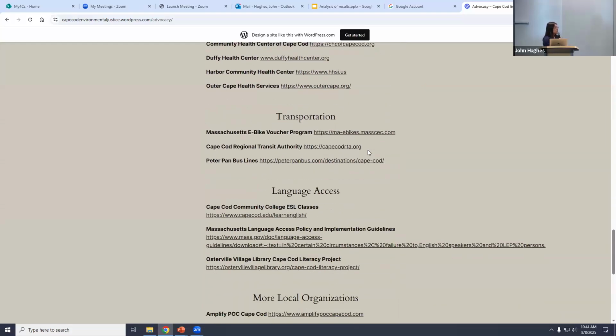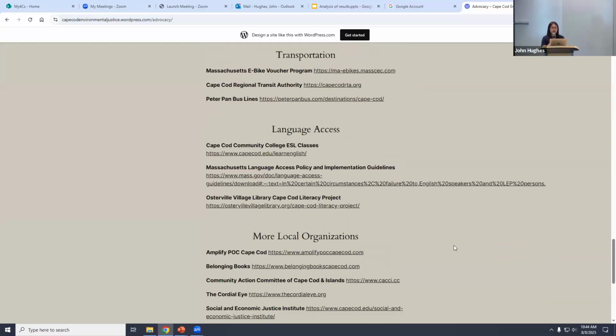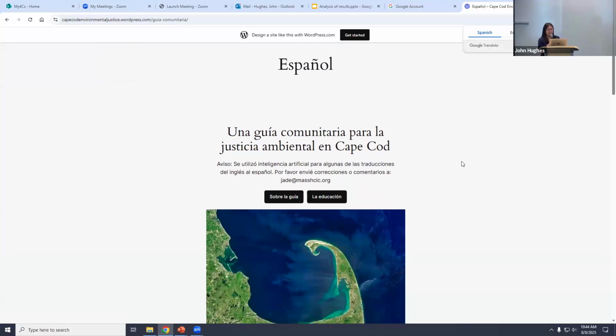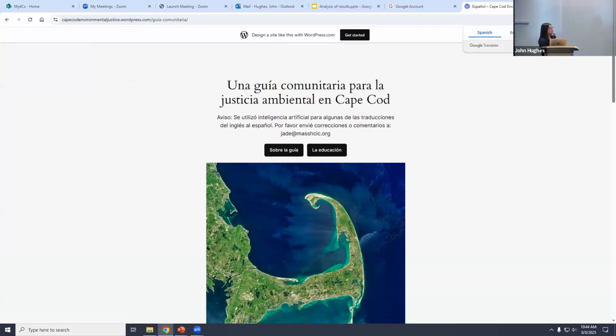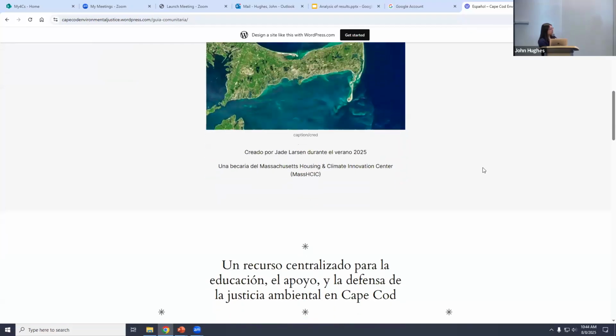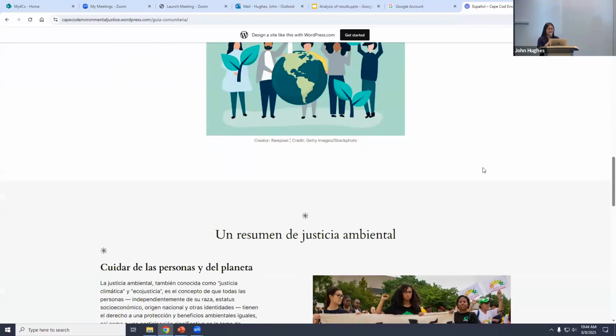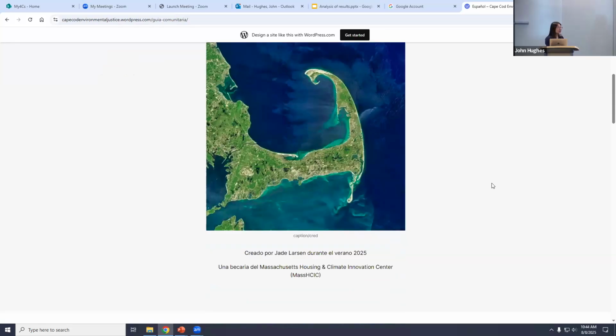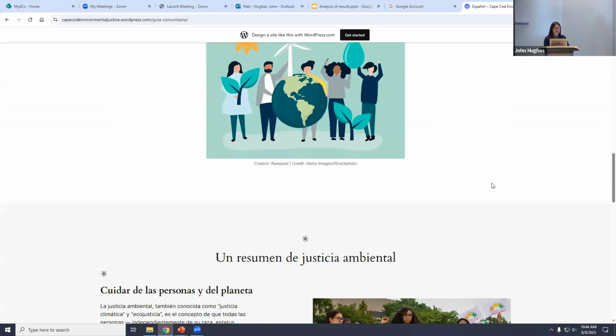And then because language access was a central theme that came up during my conversations with community members and is really central to environmental justice, I really tried to make it a point to translate my website. And so unfortunately, I was only able to translate the Spanish homepage and education section, but I minored in Spanish in college, been learning Spanish my whole life, and my last Spanish class actually was a translations course.